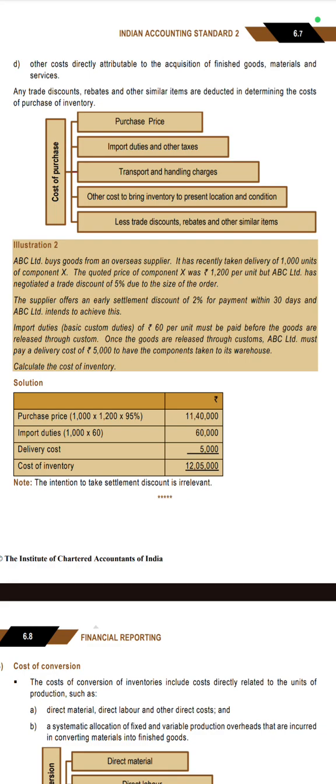Then it says that import duty of 60 per unit must be paid before the goods are released through customs. So 10,000 into 60, that is 6,00,000. It will be added to the cost. Once the goods are released through customs, ABC Limited must pay a delivery cost of